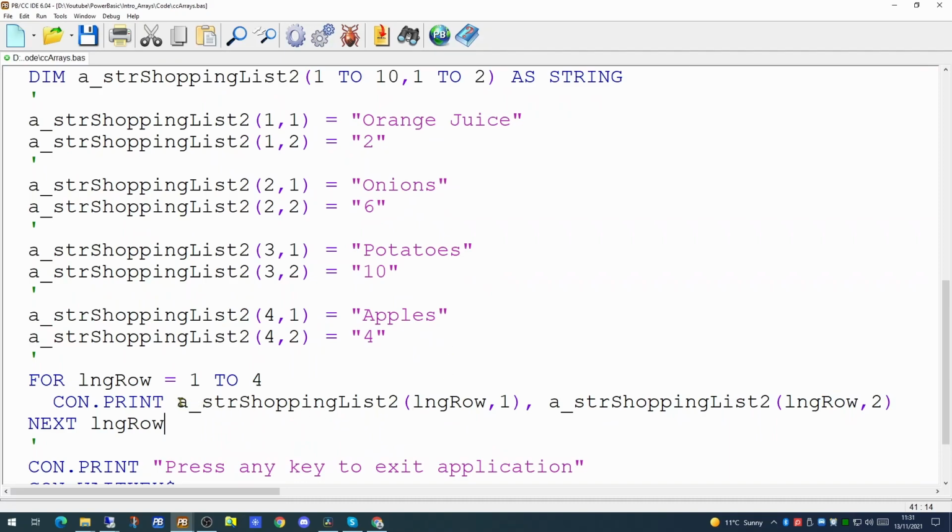In this case, we're printing out shopping list 2, and we're using the long row variable to specify the row number, and we're specifying the column number just by putting the number 1 in. And we're displaying column number 2, which is our quantity, by doing exactly the same, but specifying column 2 on long row. So if we tried running that now,